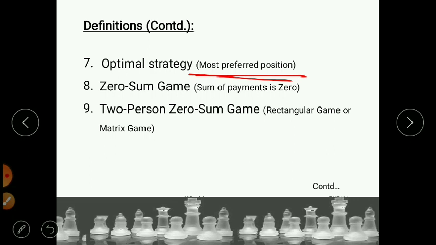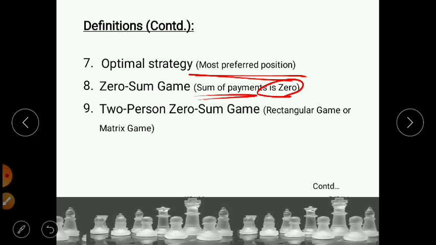Now, what is a zero sum game? A zero sum game is a game in which the sum of all the payments to all the players is zero after the play of the game. Payments is nothing but the payoffs here. So it is a game in which the sum of payments to all the players after the play of the game, that is after the occurrence or movement in the game, is zero. Then it can be called a zero sum game. Fine.